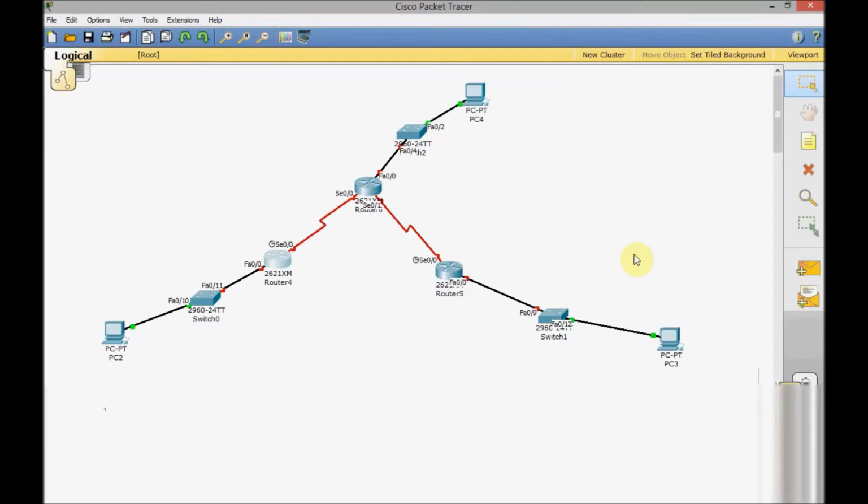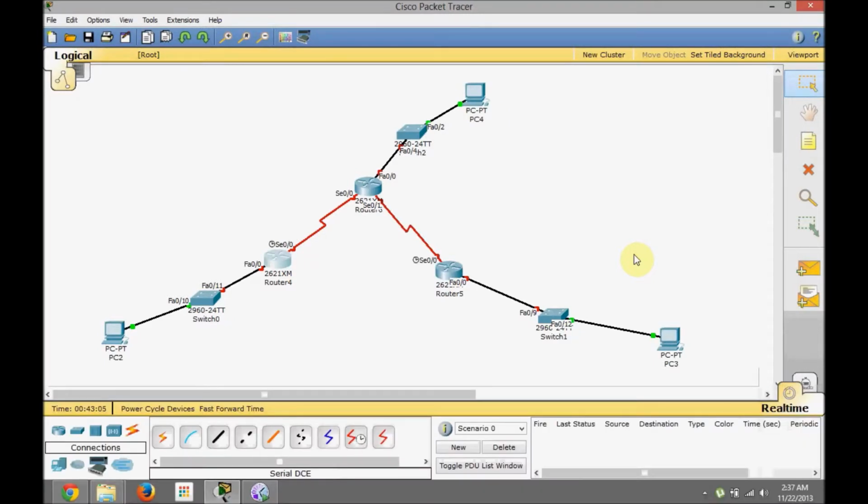What's up guys, this is HashTagNerdz, and in this tutorial I would like to teach you how to configure routers in Cisco Packet Tracer. If you have seen the last tutorial, we ended our tutorial by creating